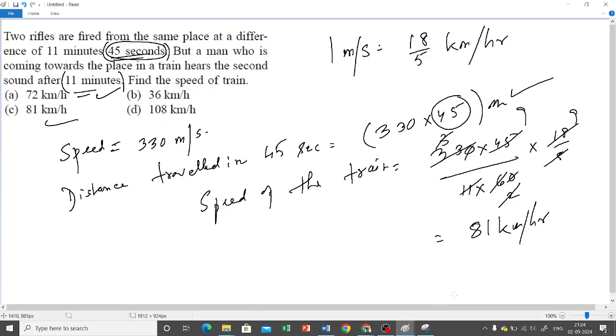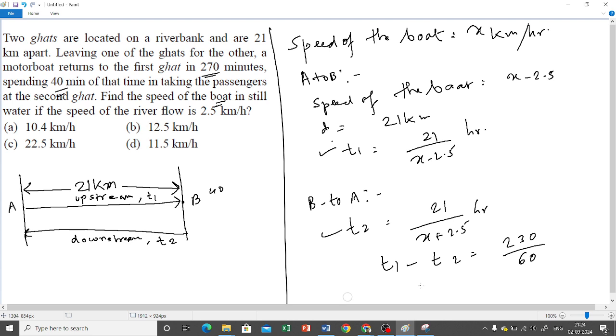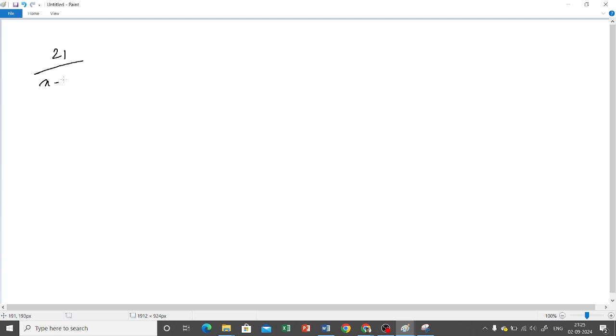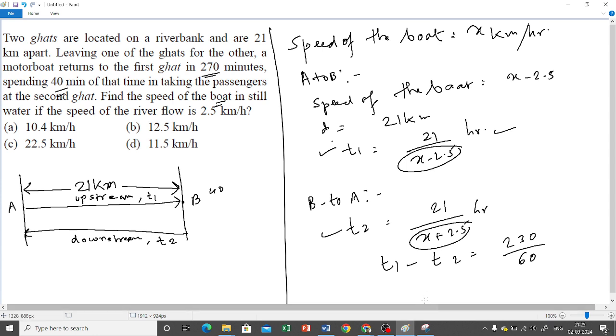Did you understand this, Ishika? Why did I do T1 minus T2? Yes, sir. T1 is more because we are dividing 21 by x minus 2.5, and here we are dividing 21 by x plus 2.5. If you mistakenly do T2 minus T1, you will get a negative answer. So be careful about that, okay? So 21 by x plus 2.5 equals 230 by